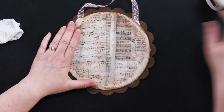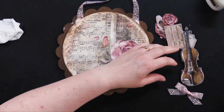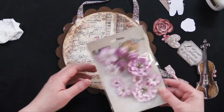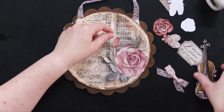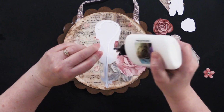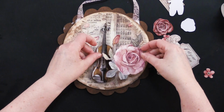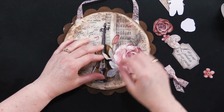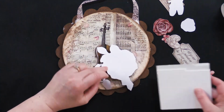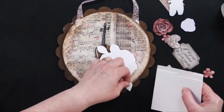Right. Now we're going to go ahead and take our pieces here, and I've got some chipboard pieces and a little bow. I don't know if I'm going to use these or not. We're just kind of winging it at this point. So first, I'm going to go ahead and put down my little, rather, violin, or is it a violin, or is it something larger? All right, and then we're going to take just a few pieces of foam squares,